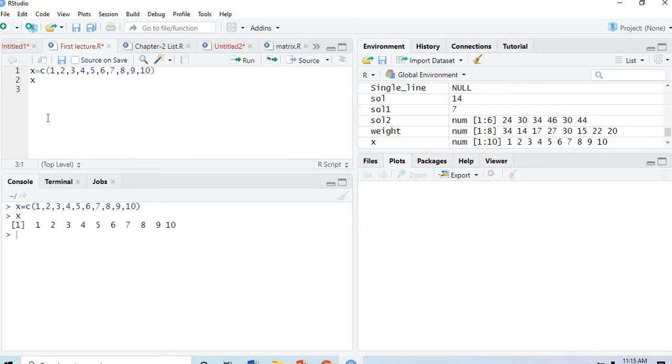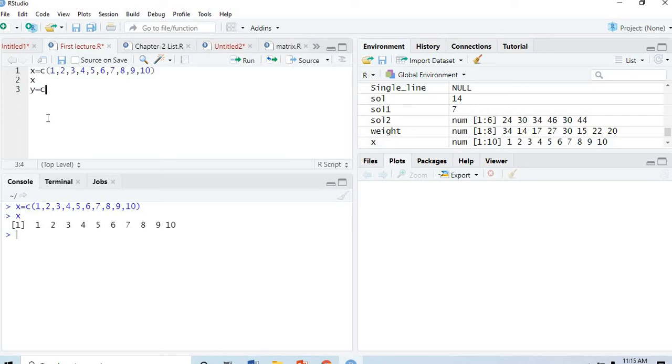Similarly, you can also create a vector which is character based, which means alphabets. That is called a string vector. It may be names of employees, names of cities, names of states, and so on. I create Y as a vector, and again you are required to use C, which is combine or concatenate.